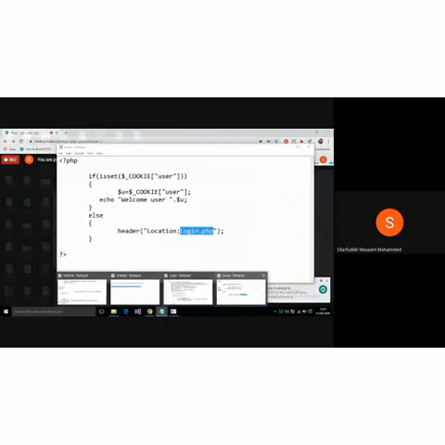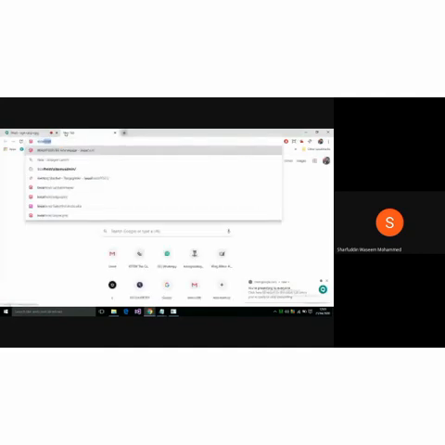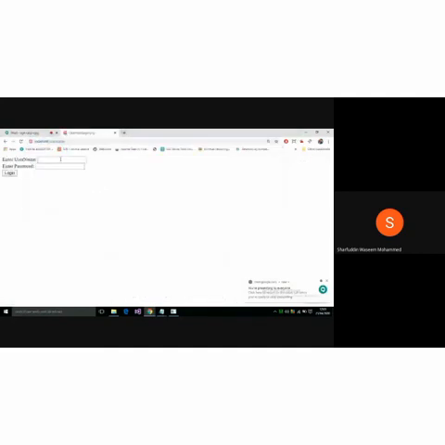I'm giving it like 60 milliseconds, then localhost followed by login.php. Immediately it is being set and it is expiring.